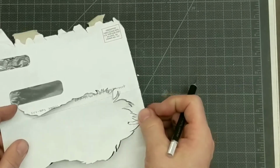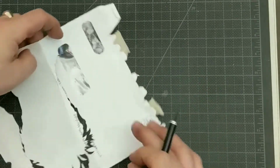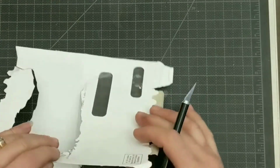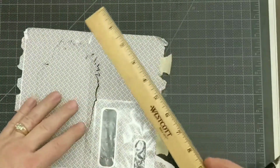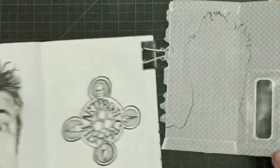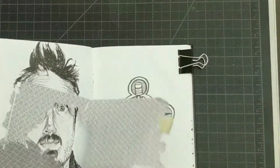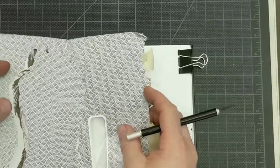So pull this apart, and be sure and cut everything. If it's not cut and you have to pull it apart, you might tear it, so be careful to cut everything. Now I don't have the side cut off. This is not going to cover the entire sketchbook. I don't want it to go over into the next page, so I'm going to lay it over Marcus here,